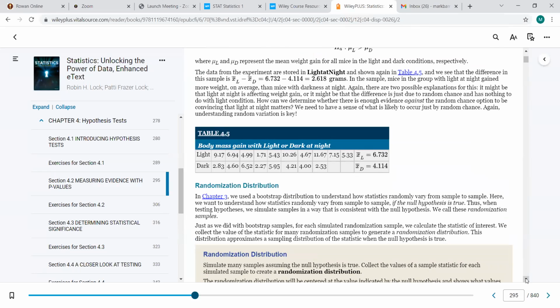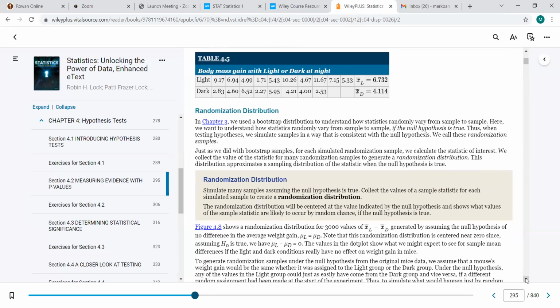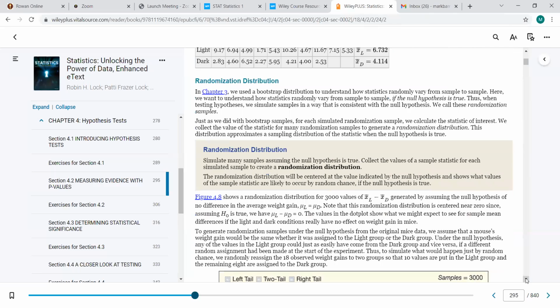So remember, the people who created this textbook created StatKey. And in addition to coming up with a way of looking at confidence intervals through the bootstrap sampling distribution, if you remember that from last week, they came up with a new type of distribution called a randomization distribution, again using simulation. Now, I'll show you next time on Wednesday how this works in StatKey. But for now, assume that just like we did with confidence intervals, we can create a